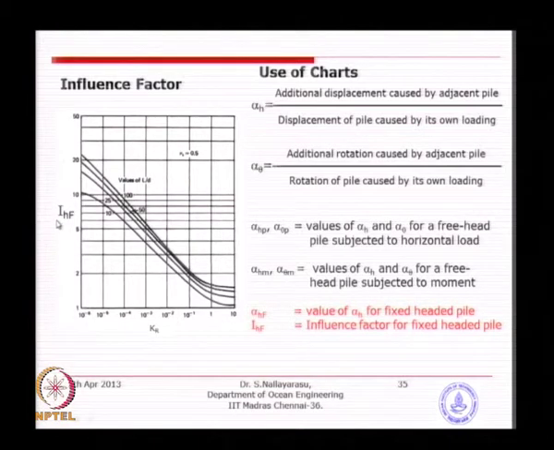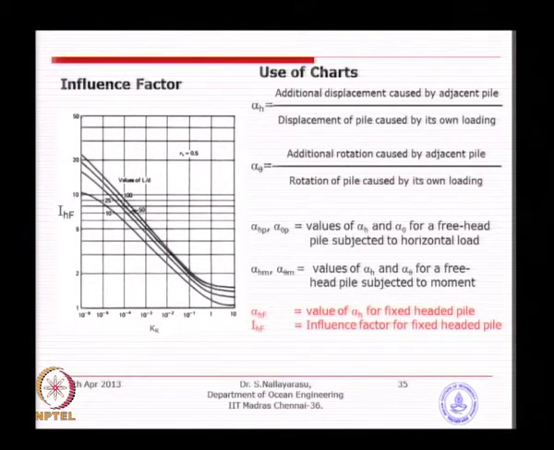So, there is a chart for I, which is an influence factor depending on the soil to pile stiffness, which is given for various values. Here d is the diameter, because the other one was capital D. I did not modify it just because it is given that way in the textbook, and Poisson's ratio is given as 0.5. Various values of L by D are given here, with influence factors for different values of Kr. So, alpha h is the additional displacement caused by the adjacent pile divided by the displacement of the pile caused by its own loading. So, neighboring pile. It could be as big as the original displacement if the load is large, or if it is a smaller load, you will have a fraction of displacement increase.